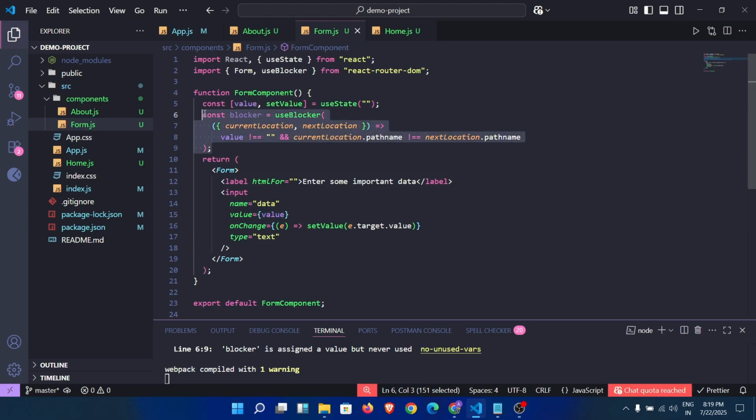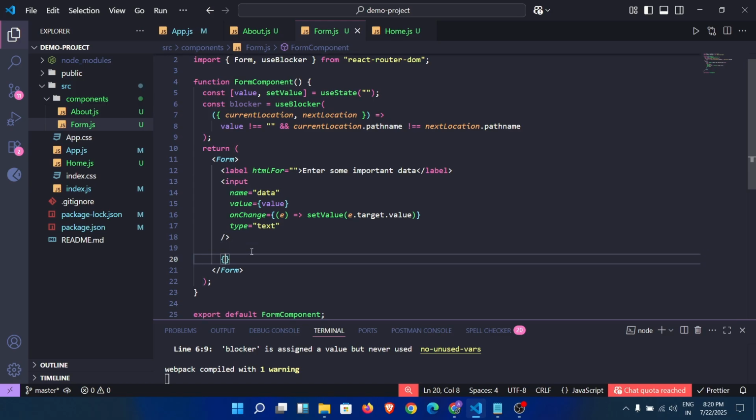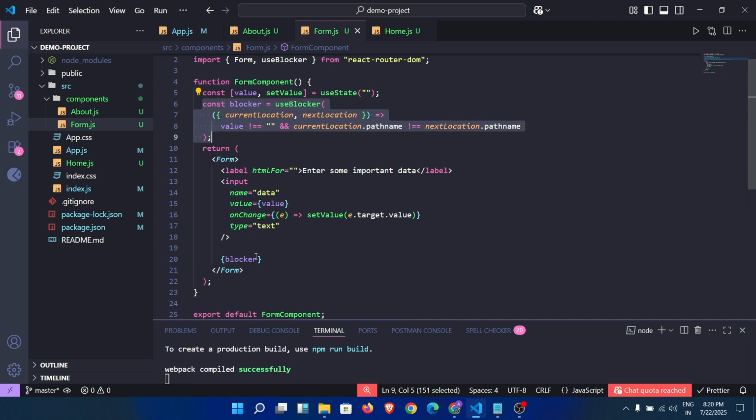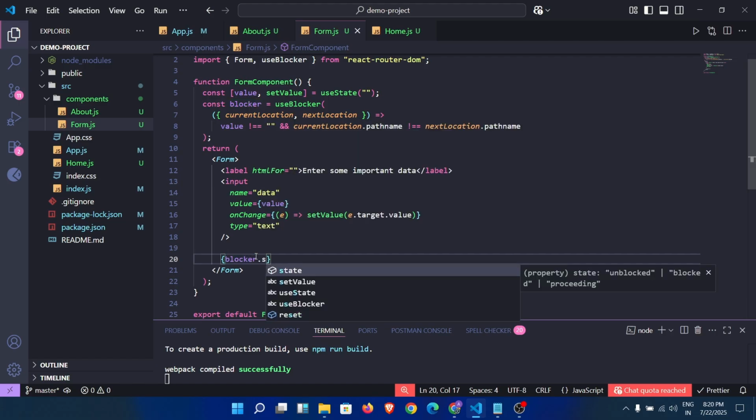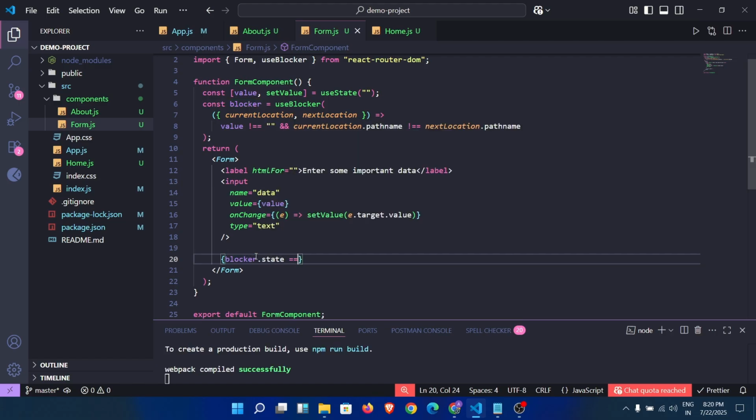Okay, now the blocker has been defined, but how to use it inside our UI? So for that, inside that form we can write some JavaScript code here, and let's say blocker. Now the blocker has one property called state. So the state will be in a blocked state,